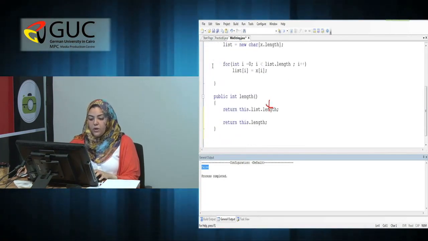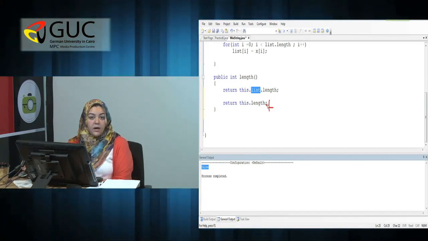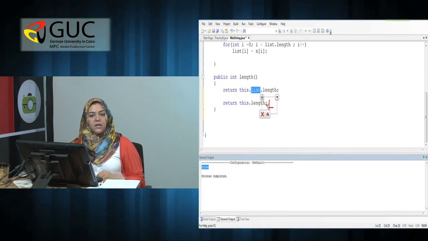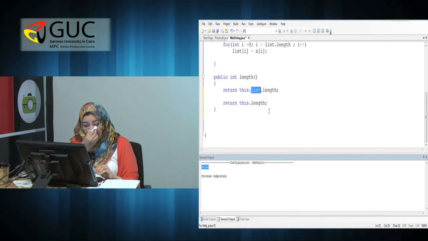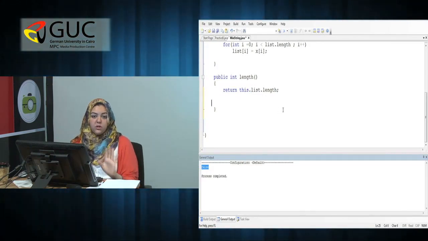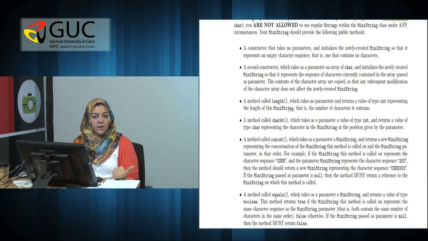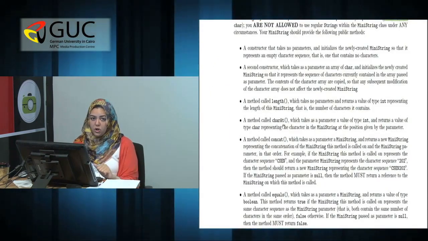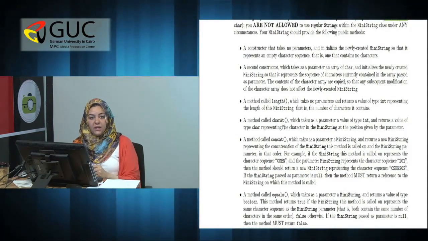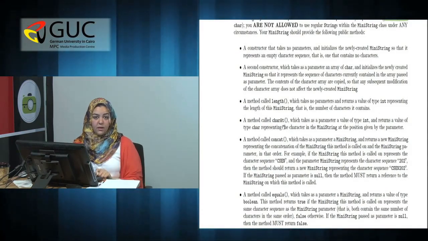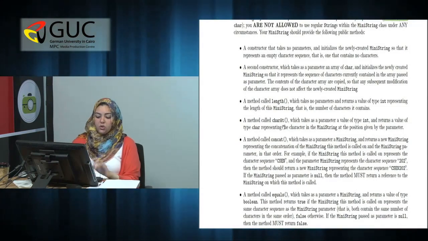Continue. We want to have the char at. Let's think of it. The char at, the one that you know from the string class. You say, for example, GUC dot char at of 0, right? For sure, to be able to get the char, you need to have two things. You need to have the string and the position in which you want to get the character. However, the char at is an instance method, so you will not pass the string. You will just invoke the method on the string. However, you still need to know the position in which you want to get the character. So I will say